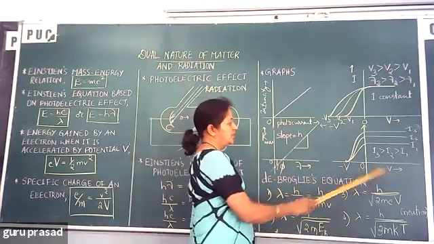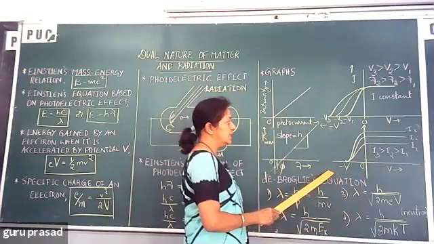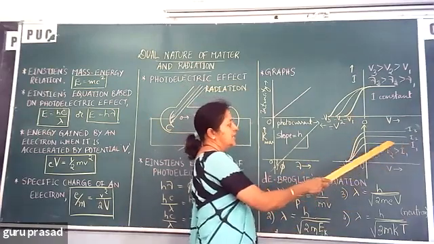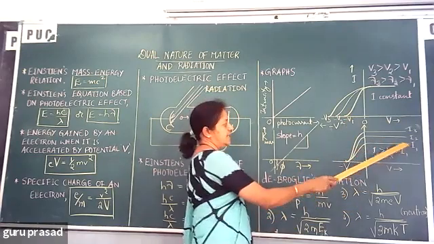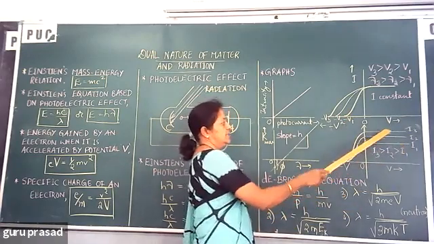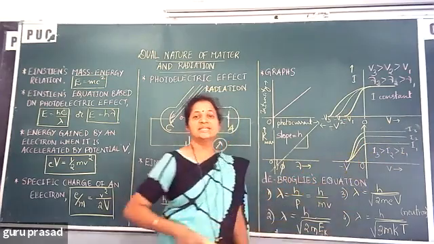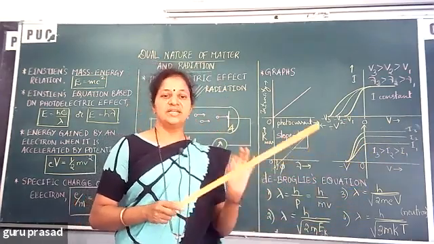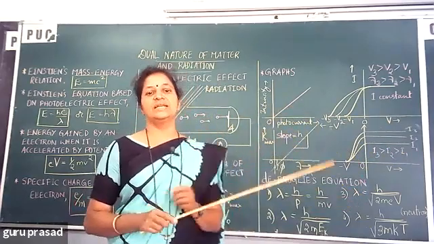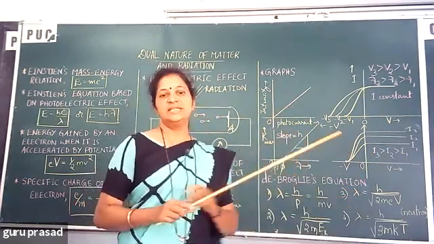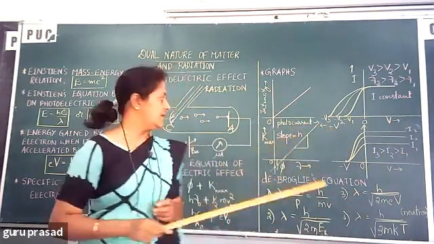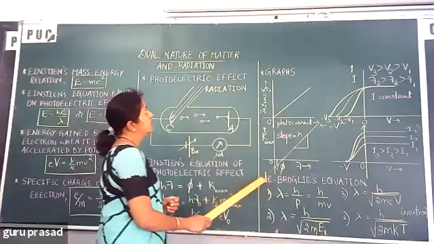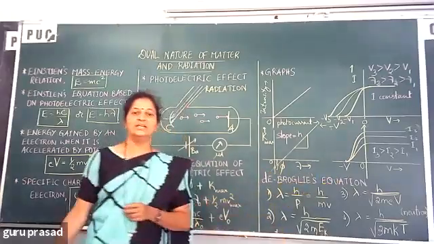Again, positive potential here, negative potential here. Intensity is plotted along the y-axis. You see that for different intensity radiations, I1, I2 and I3, the potential is the same. That's what I told you. So, intensity changes means only the photoelectric current changes. There won't be any change in the potential. Okay, potential is the same here. Okay. Fine. Next is de Broglie's equation.